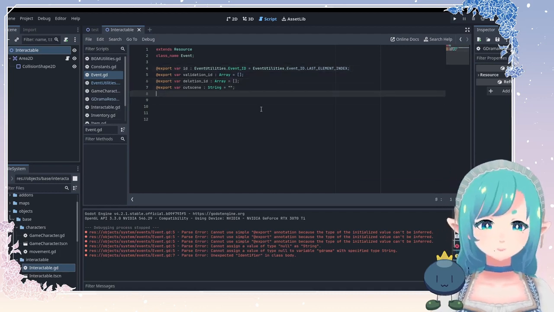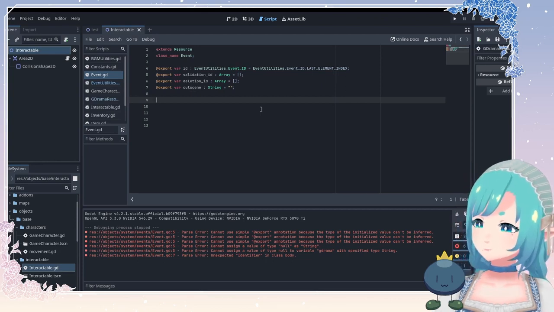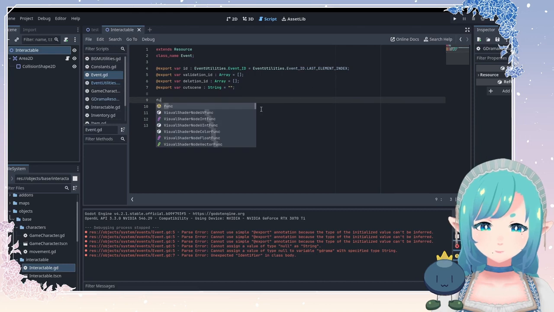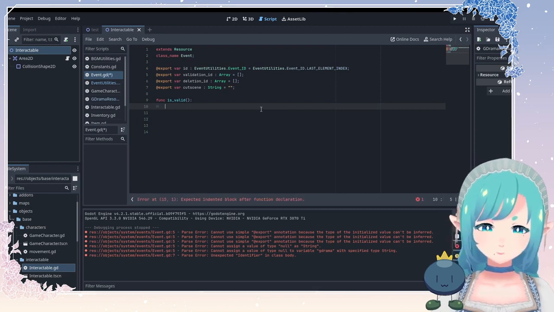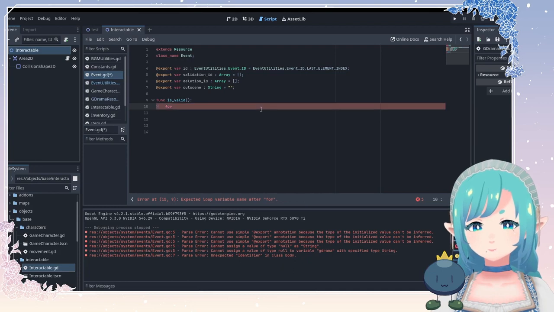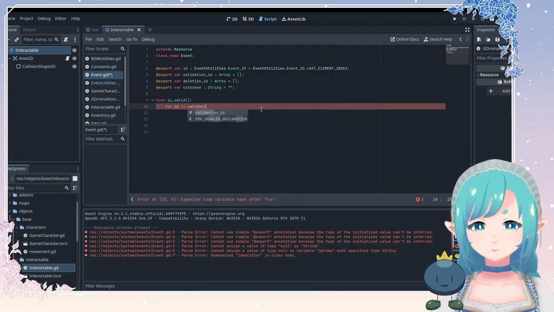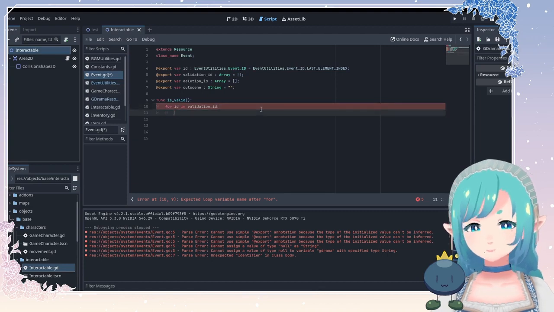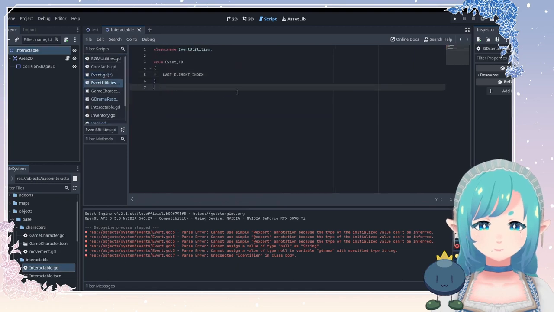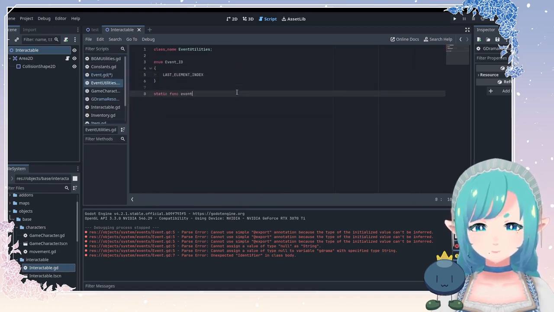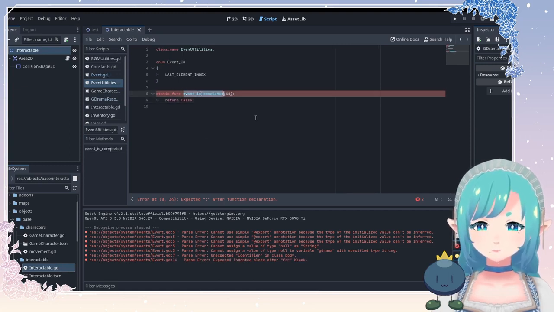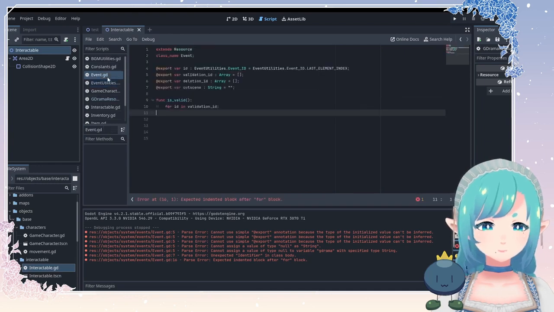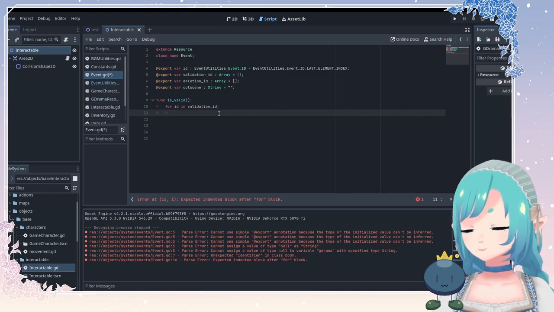So validation IDs are basically, go for ID in validation ID, right? You go, if